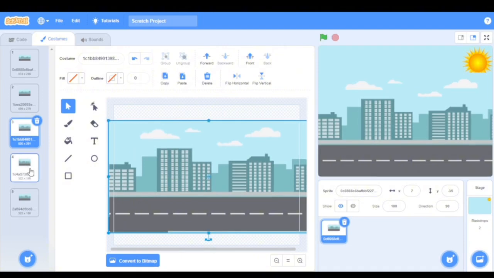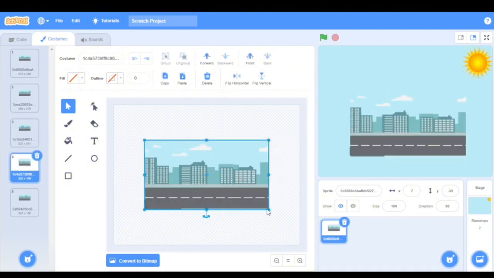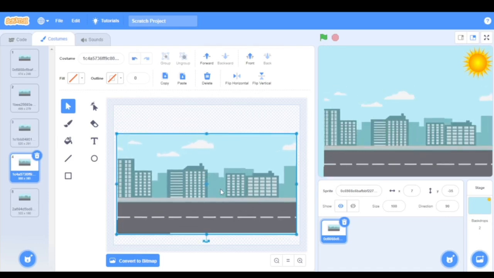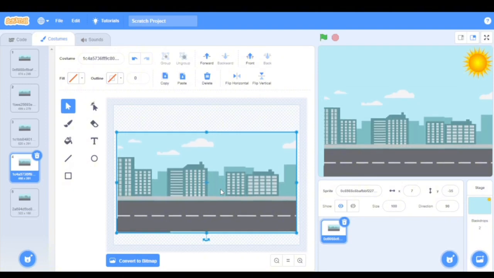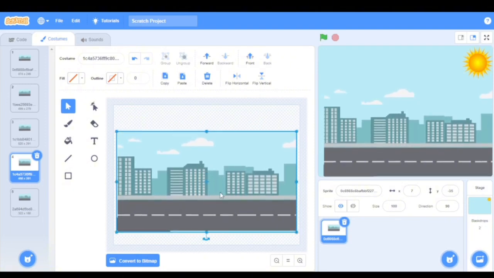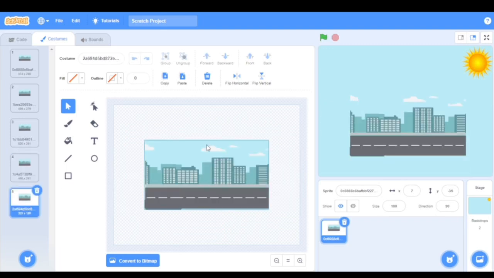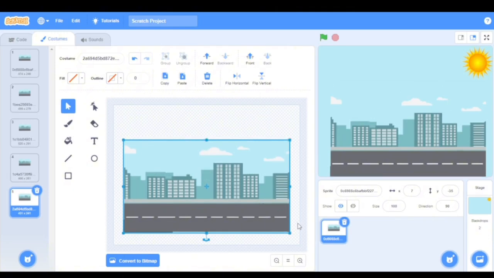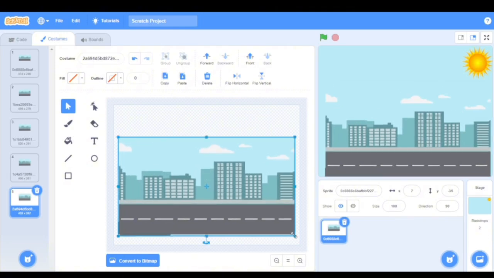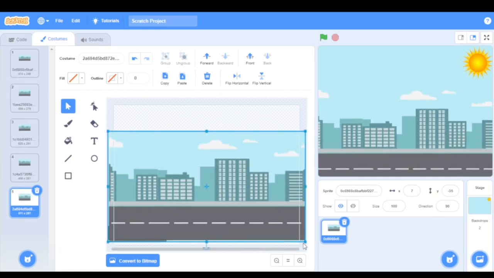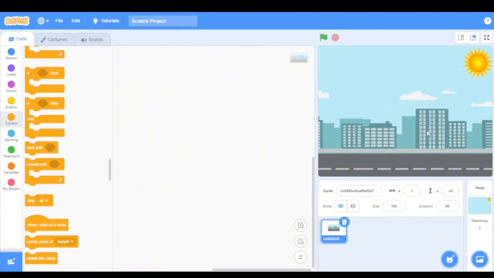Okay, and then the next one too, I'll do the same thing and drag it down. Then the next and the final one, I'm going to increase this and drag it down. Finally, the next thing to do now is to write our code to make it seem like the road